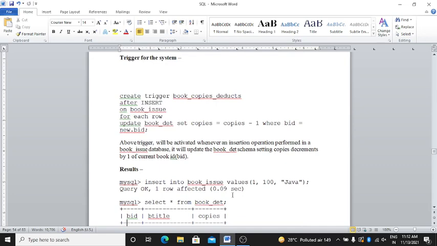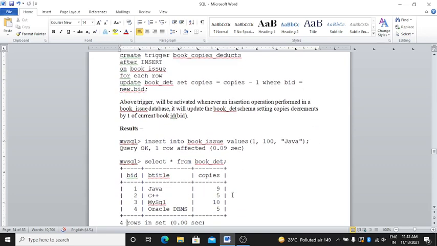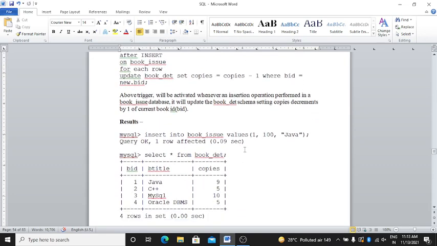Okay, result is insert into book issue. See here, 100 and Java is there.